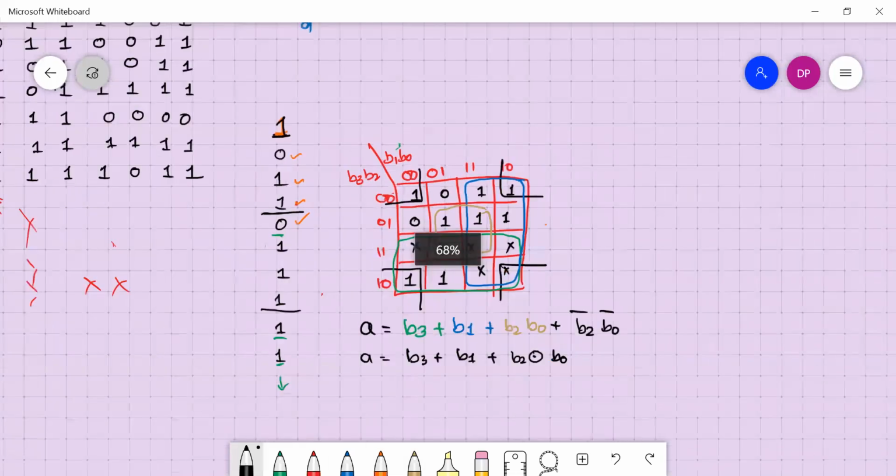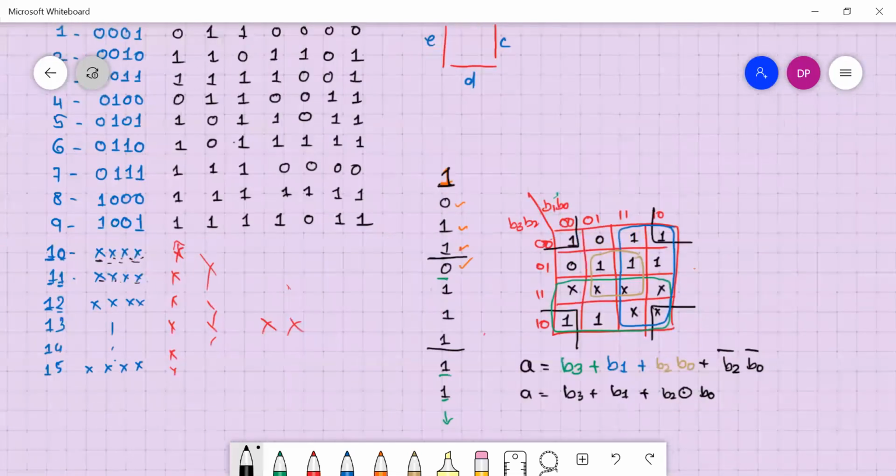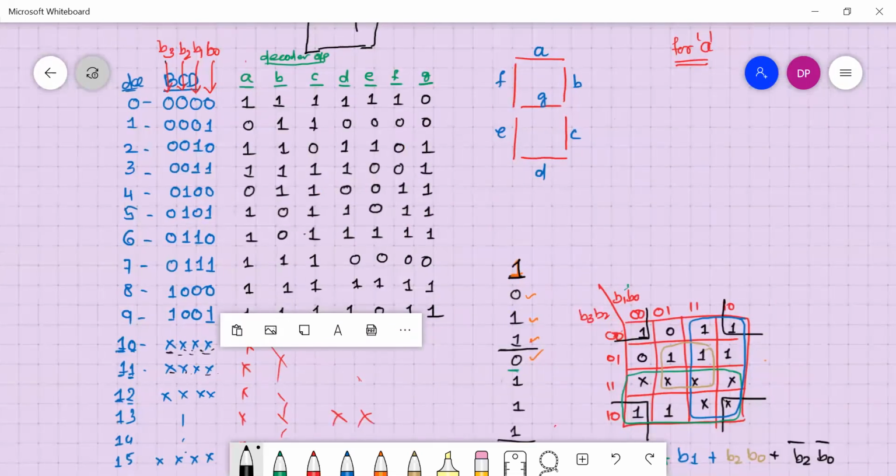This is for A. Similarly for B, what we will have? Let's copy this one.